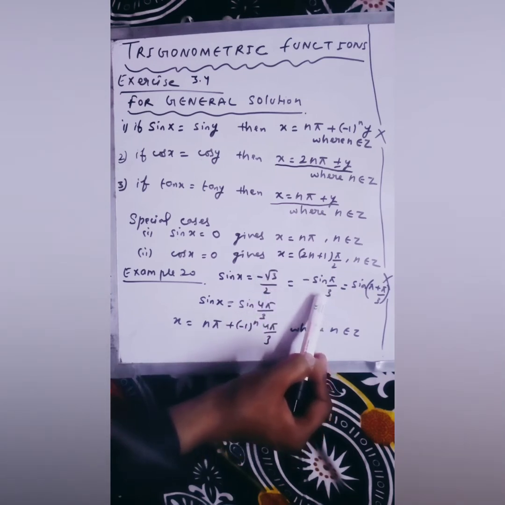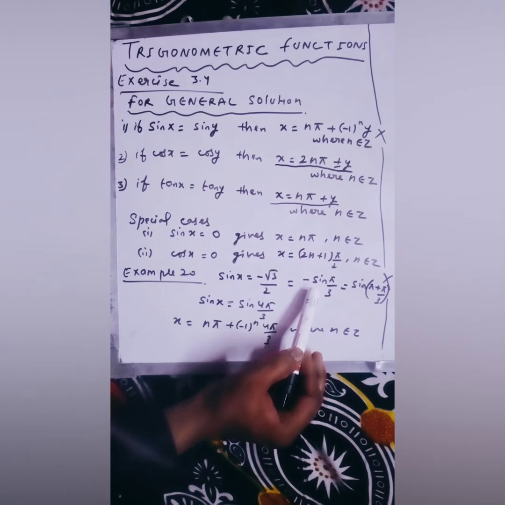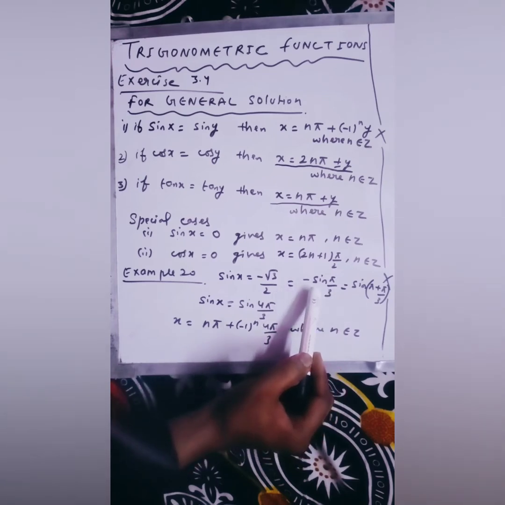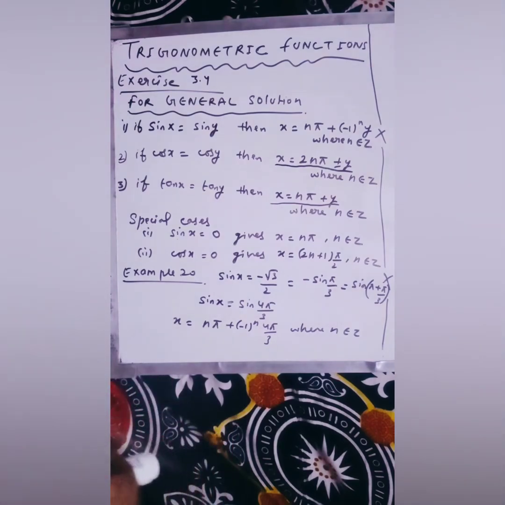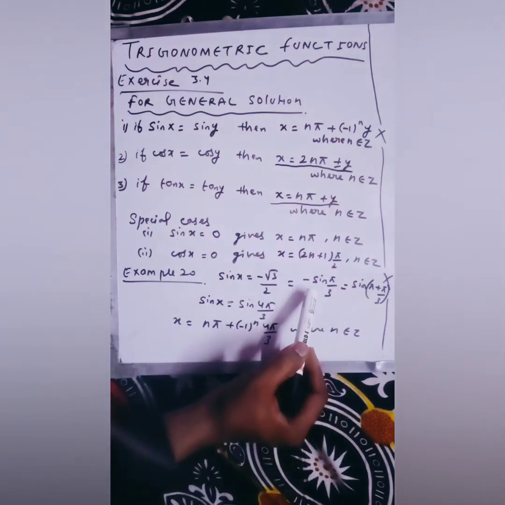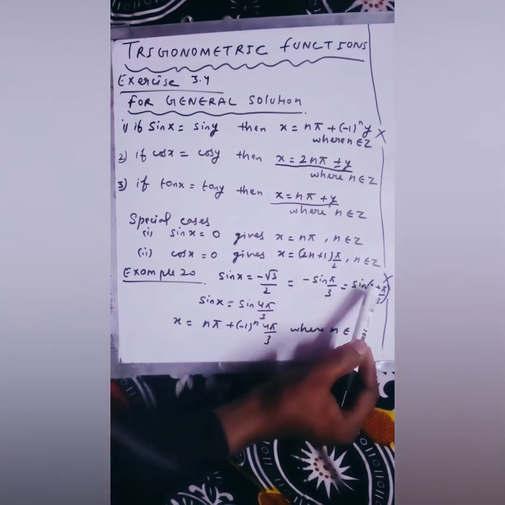Got it? Now as you can see, it is coming negative. The value of sine is negative in the third or fourth quadrant. First of all you will find the principal value. We'll talk about the third quadrant, because the third quadrant comes first. So first we will find the principal value for the third quadrant. In the third quadrant the value of sine is negative, so I am replacing this with sin (pi plus pi by 3).